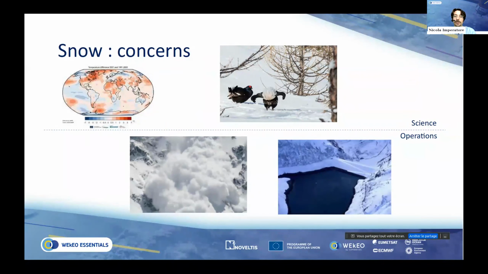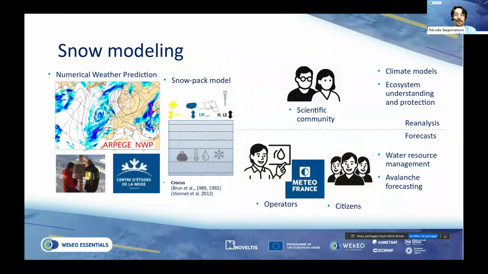And there are also many operational applications, especially for what concerns natural hazards like avalanches and floods and water resource management. So there are public organizations that operate snow numerical simulations, and the snow numerical simulations work pretty much like this. There is a numerical weather prediction model as input, so we force our model with some weather data input, and then we simulate the physics of the snowpack through some models in my laboratory in the Center of